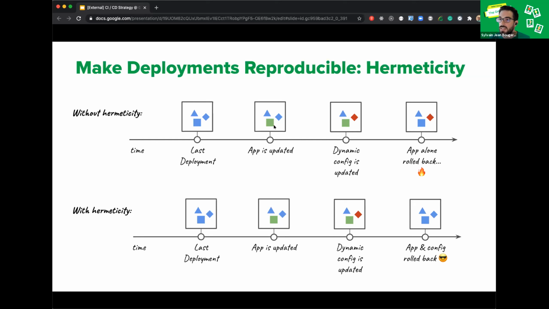And that caused some failure. So with our new hermetic system and principle, our pipelines are now able to recover the complete set of information that was tied to that past application version. And this is what we redeploy completely. And that way we are sure never to run into that problem. And we are also certain that what we put into production is what was actually tested in staging.